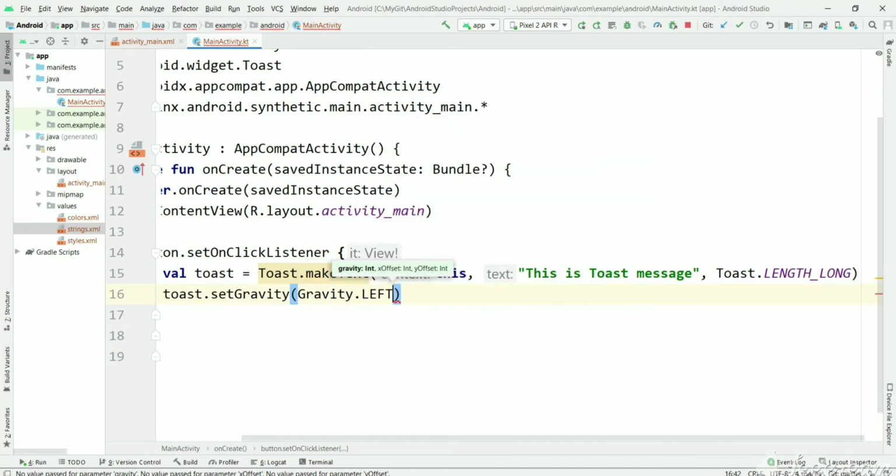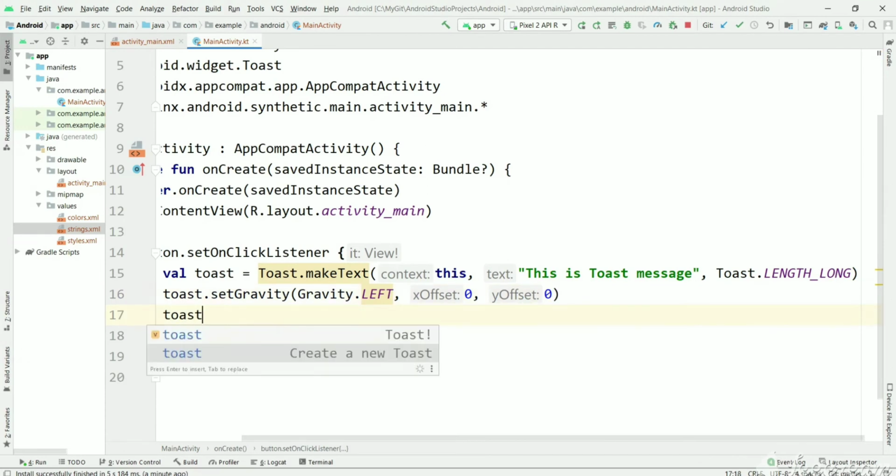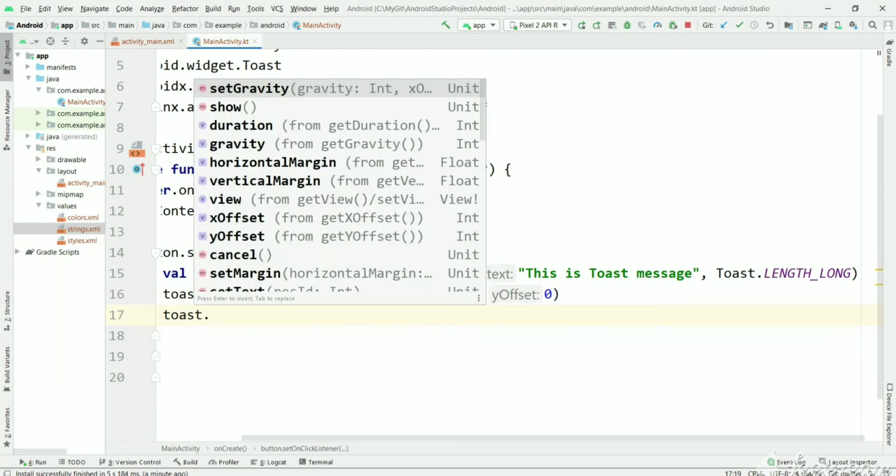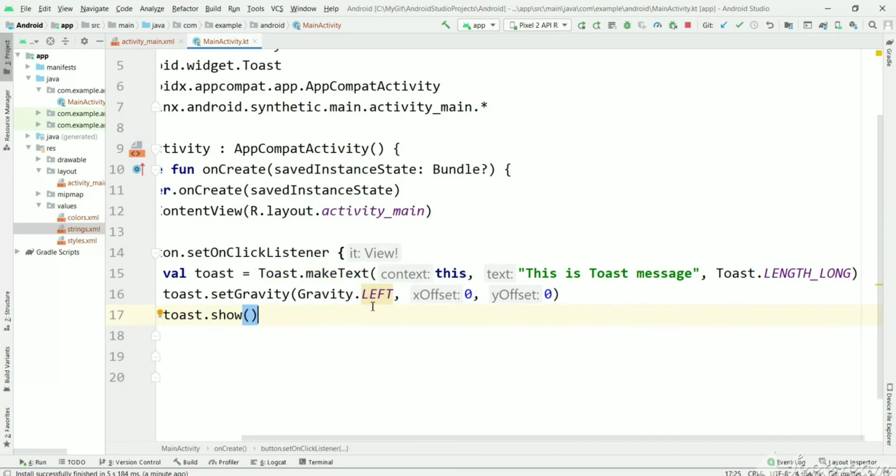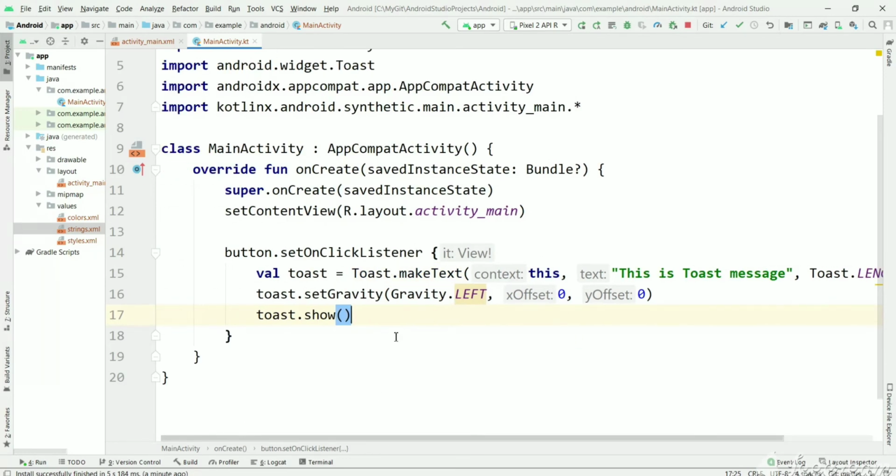Let's use left for demo purpose, and we can position the offset of x and offset of y. For now just provide 0, 0, and now after setting the position, show it. Now let's see where the position of the toast will be.